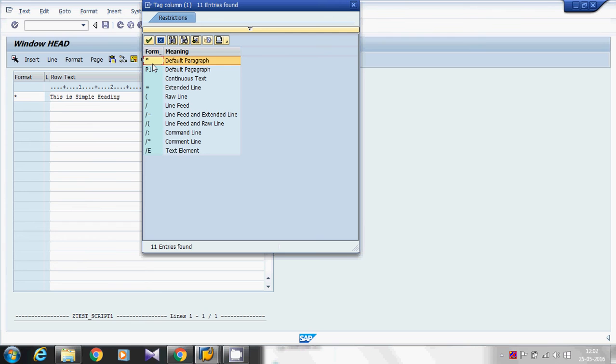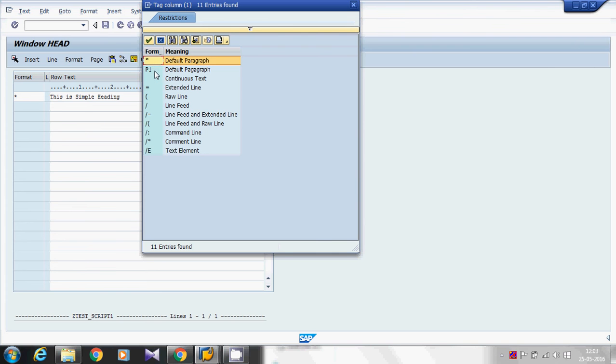We configure the first page and default paragraph format in the basic settings of the script. I'll show you once again. Also here we can see all the paragraph formats that we have created inside the script. Here we have created only P1 and we have assigned that as the default, so the star and P1 work